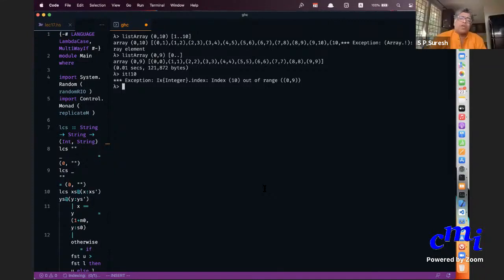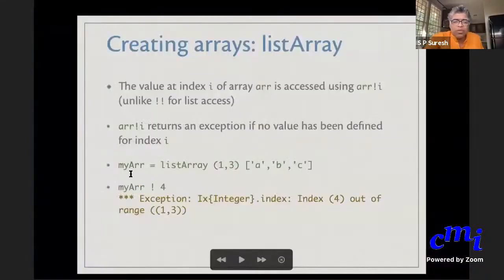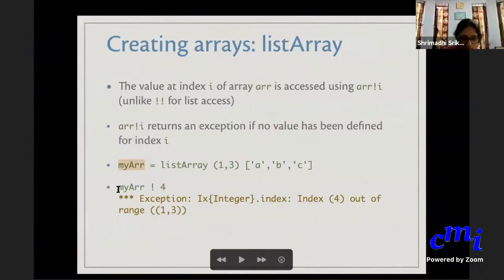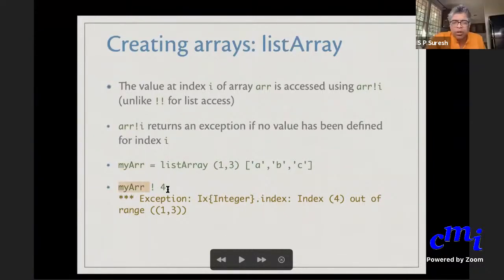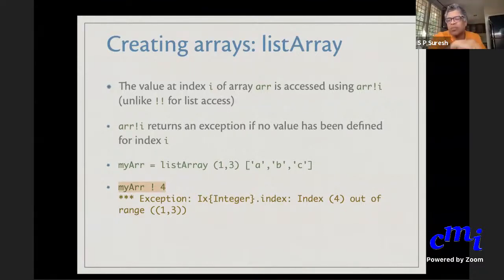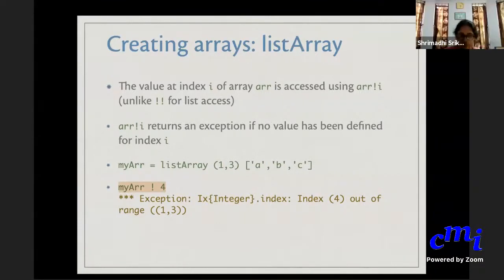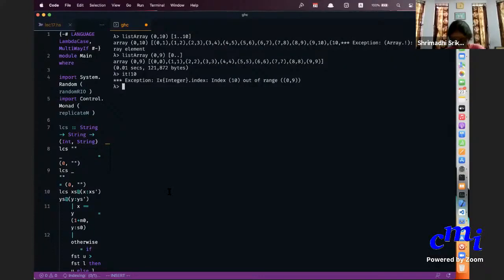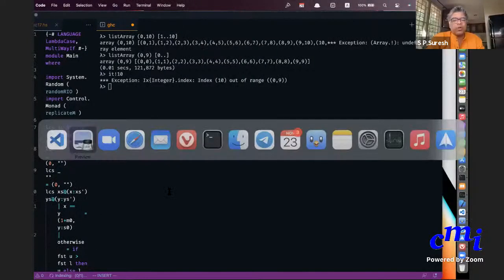No, that is the name of the array. You use the name of the array and then the bang. Understood. For lists you say bang bang; for arrays you are just saying bang. Okay, great. Now let's move ahead.